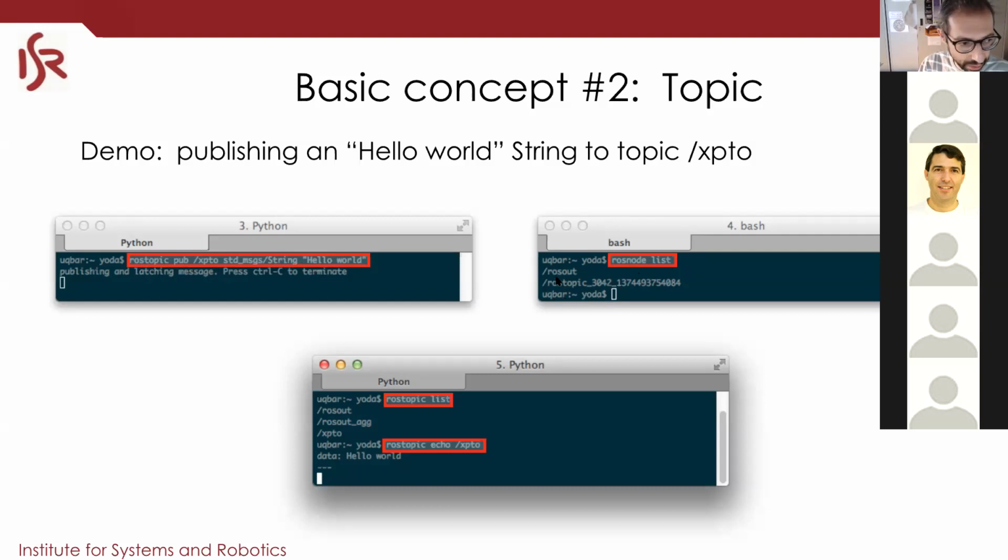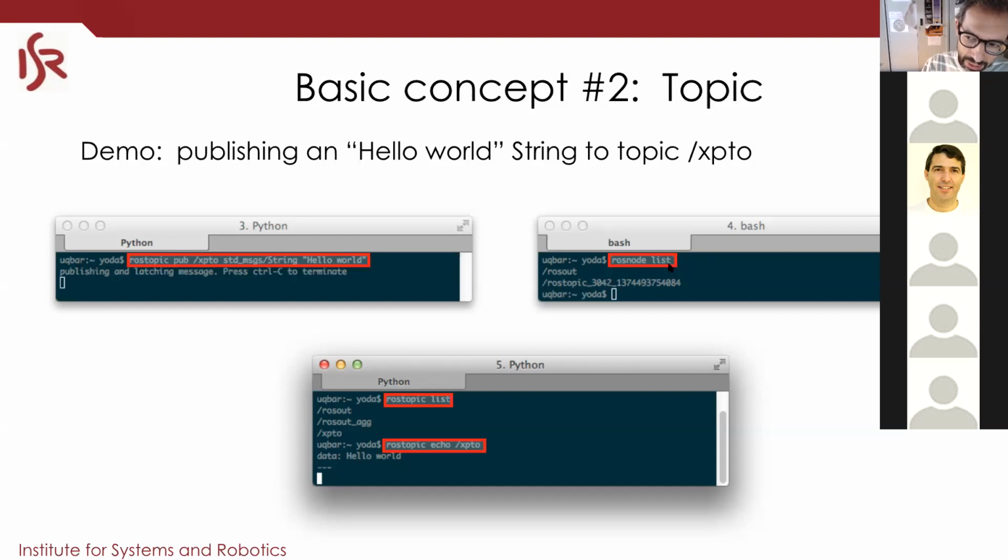so before beginning, you only have this, and you do a, sorry, I'm messing up. So this is ros node list. So this is a command to list the nodes. Okay, this ros topic is a program to publish something. I mean, it's a program that can be used for many things. One of the things is to publish messages to a topic. And it's a node, because the only way that you have to communicate with ROS is by being a node.